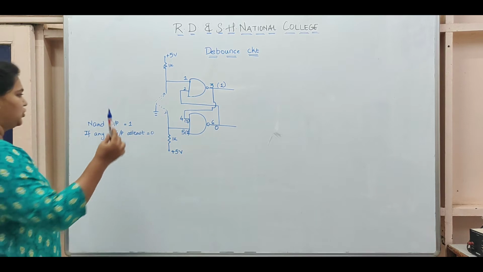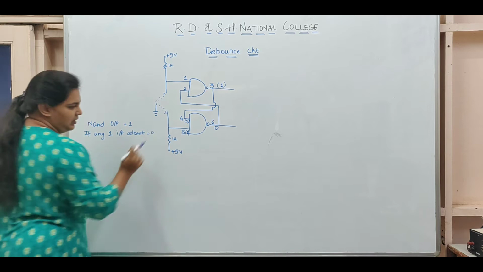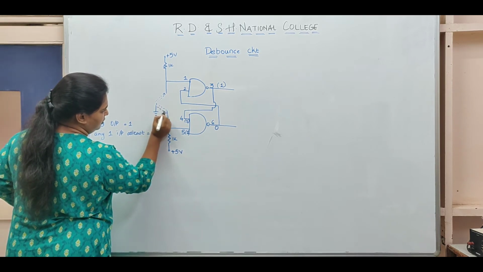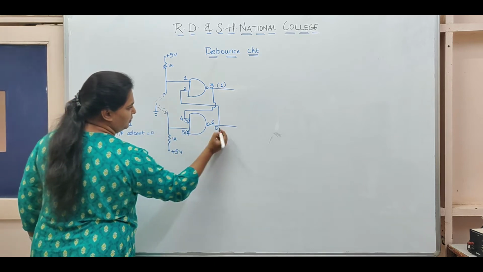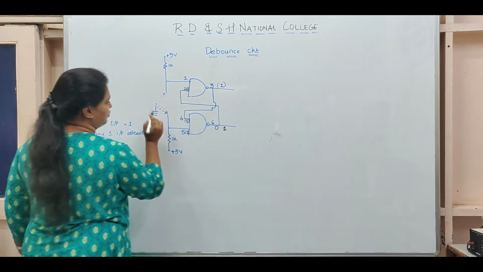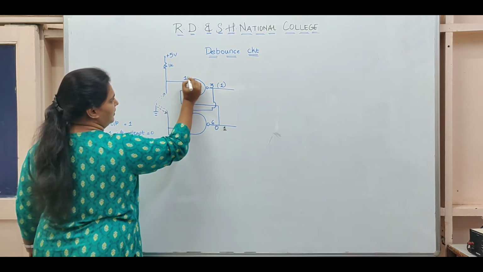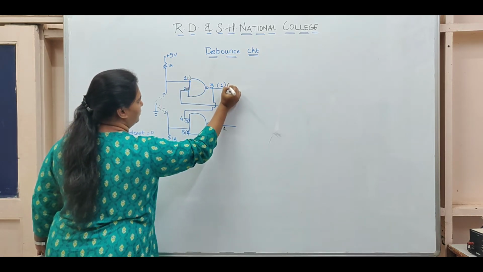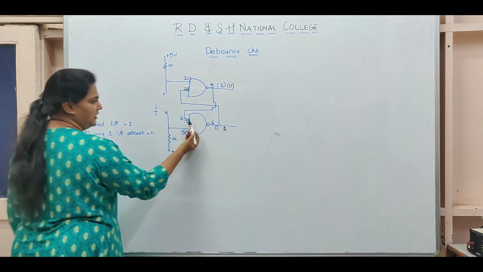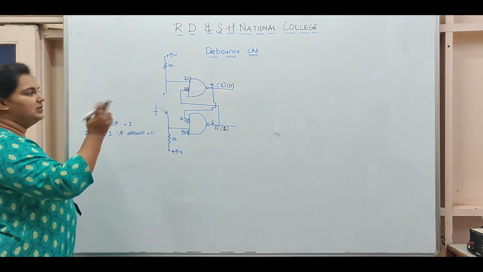Now the minute I toggle my ground to this side, my ground is now connected to pin number 5. As a result, this output will become 1. This 1 is fed here. Also, if this is ground, this has to be high. This is connected here, so both of them are high. As a result, the output is 0. This 0 is fed back to pin number 4. So as long as this is low and this is low, the output is going to be high unless the next toggle.